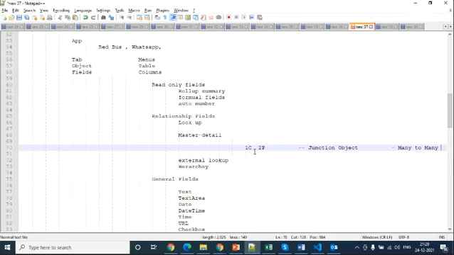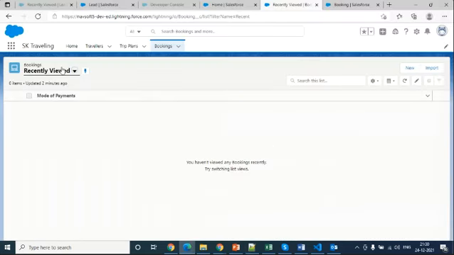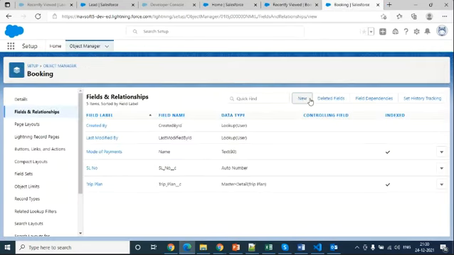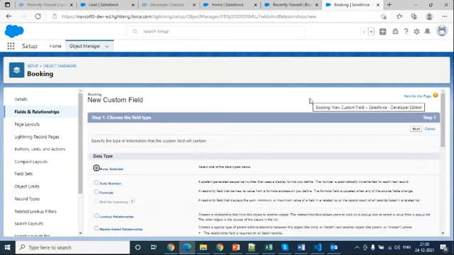Many to many in the sense that one object should have only one. Ideally one to many, that is called one to many. We can do it through master detail or lookup. One to many you can do with any relationship, but many to many you can only do from master detail. How to do it? Let me tell you. In booking, from booking to trip plan we have a relationship, but we don't have travelers to booking. So let's make one more relationship called travelers from bookings.